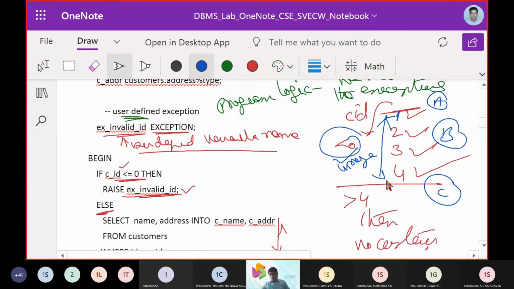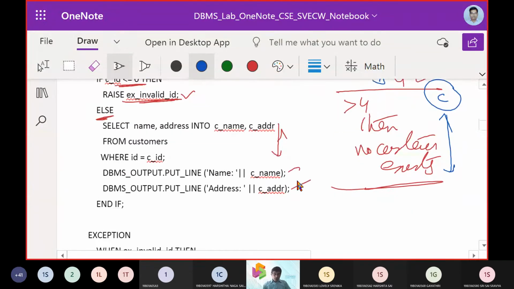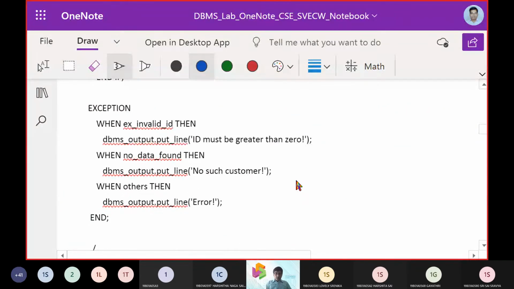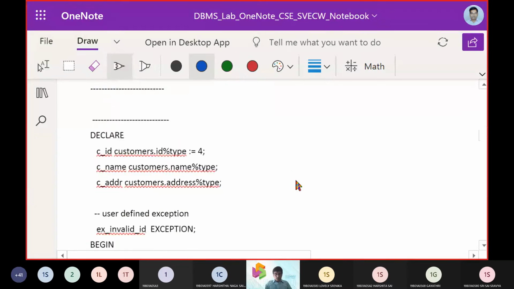So that we have to verify. And finally, if the record number was not in the range, then what do we have to do? All of these have to be taken up in the exception. So now we are going to say exception. What we have done is create the user defined exception name, exception invalid ID. We made three conditions at this point.